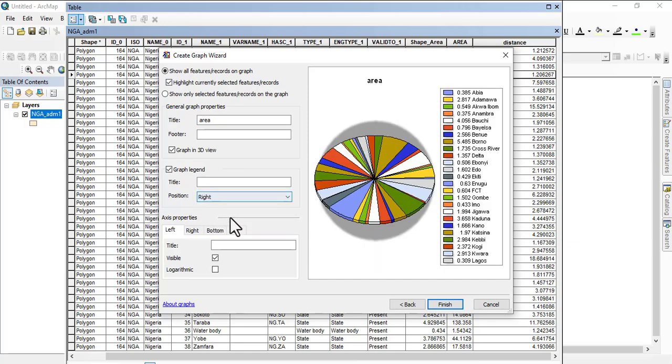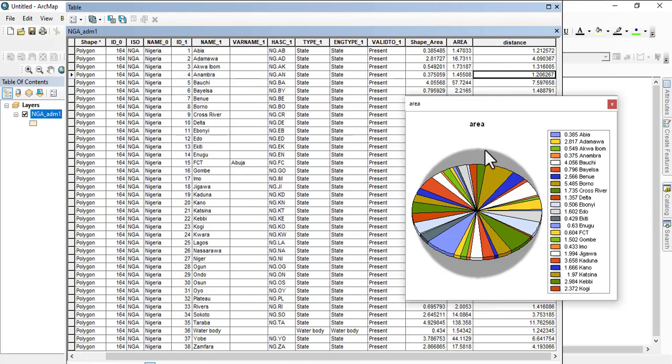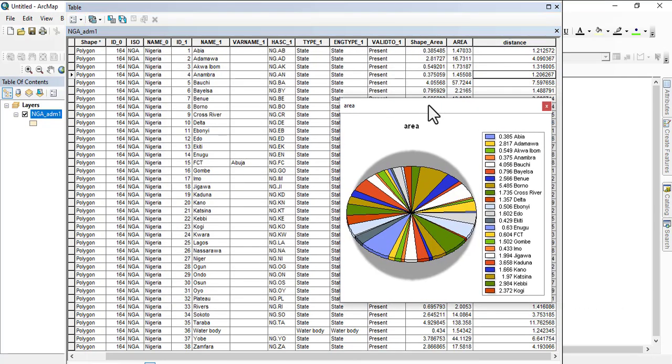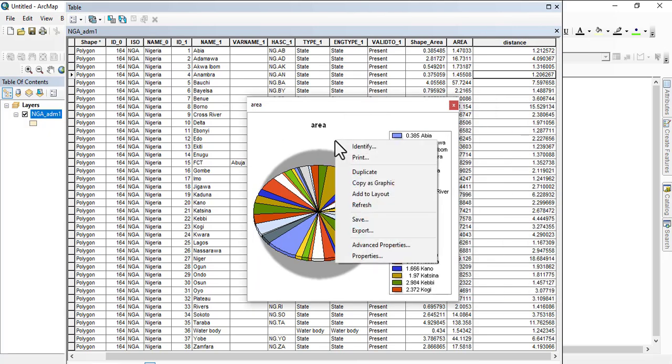So you just follow through this and play around with it, and when you're done, you just click on finish. Once you click finish, see, your graph will appear here. So you can right click on it and export. You can export it and then add it to your data on Microsoft Word. So this is how you can create graphs from this whole